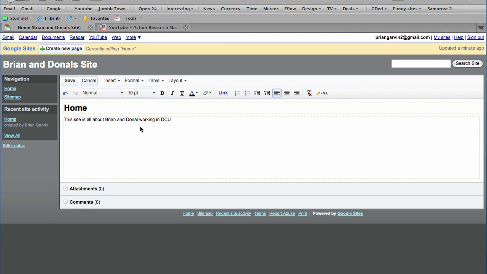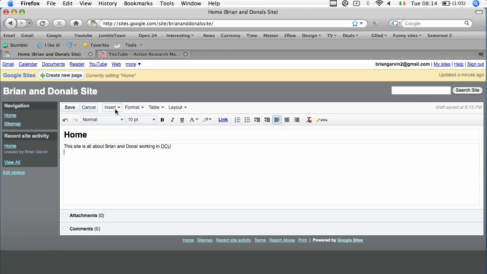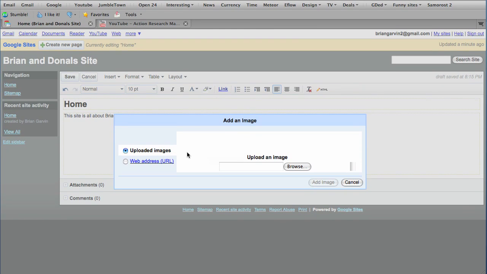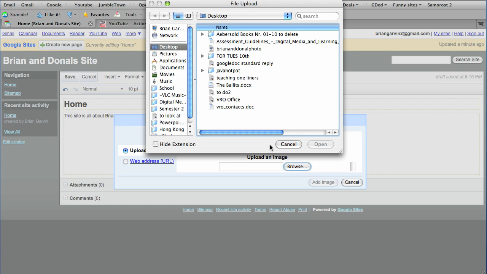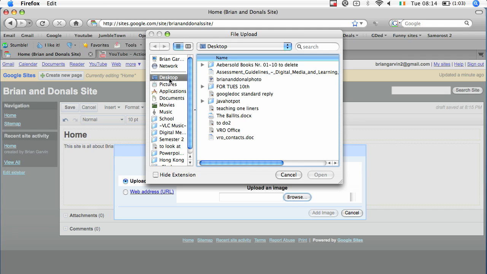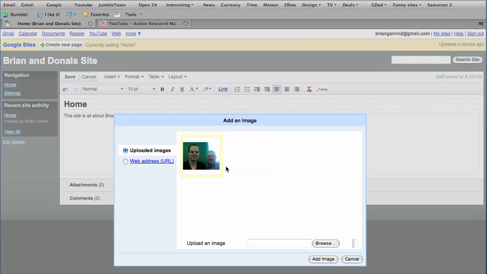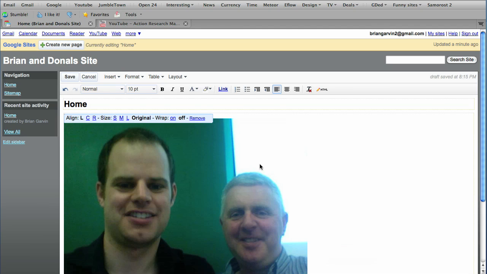And we're also going to add an image, which I have on my desktop. So I click Insert Image. I'm going to choose to upload an image, and it's on my desktop. This might look a little different to your computer because this is an Apple computer, but it's still looking on my desktop. So I go Brian and Donald's photo, and it uploads it, and then I click on it and click Add Image,